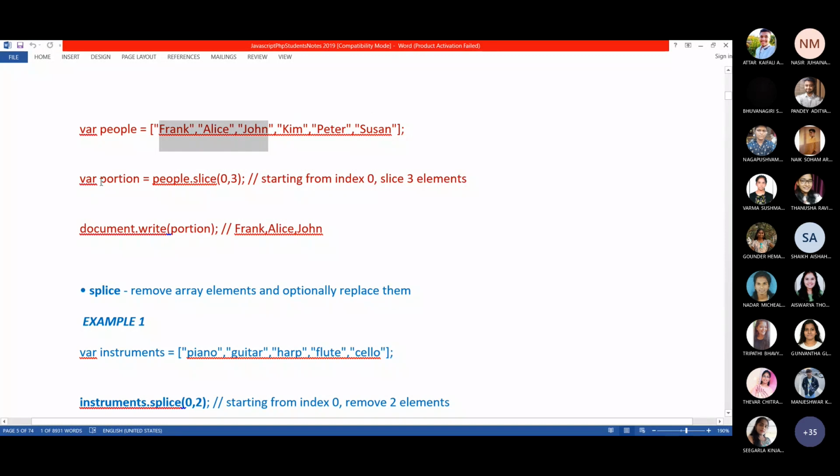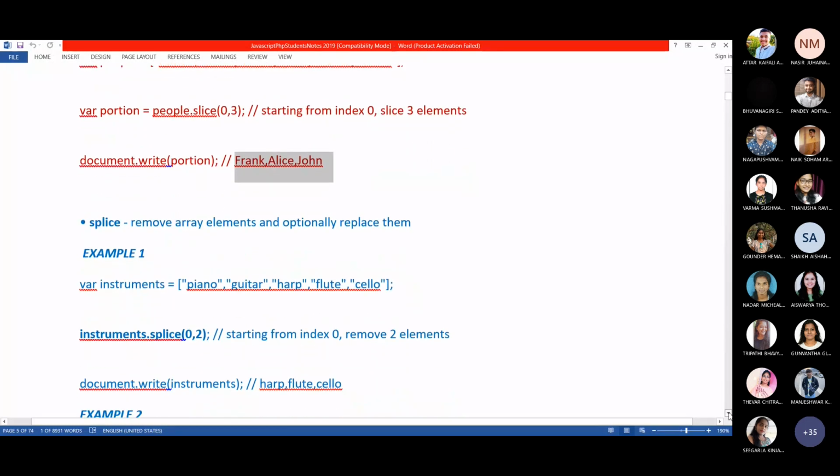So after executing the statement, portion becomes another array object. Why do I say array object? Look at the values stored in portion. These first 3 elements. So portion is also an array object. When you write portion, the taken off elements will be displayed. That is the use of slice.